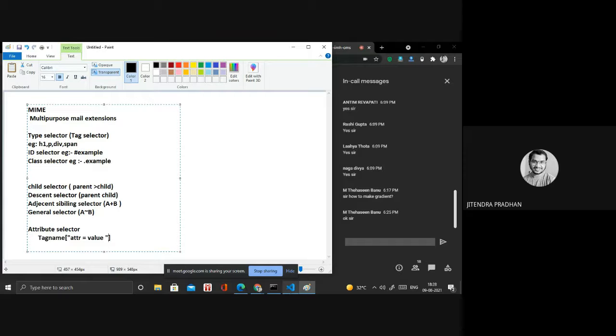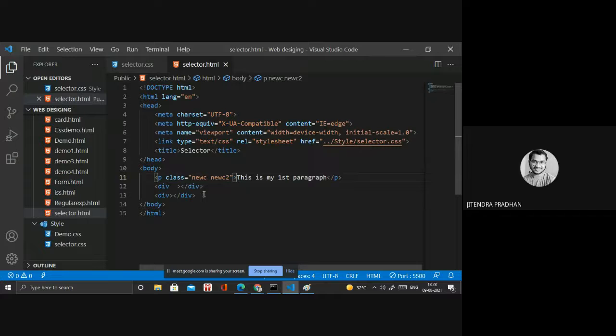What is the child selector? Let's see. Imagine that the first div is the parent selector. Whatever I write inside that is a child selector. I give that a class name, parent.